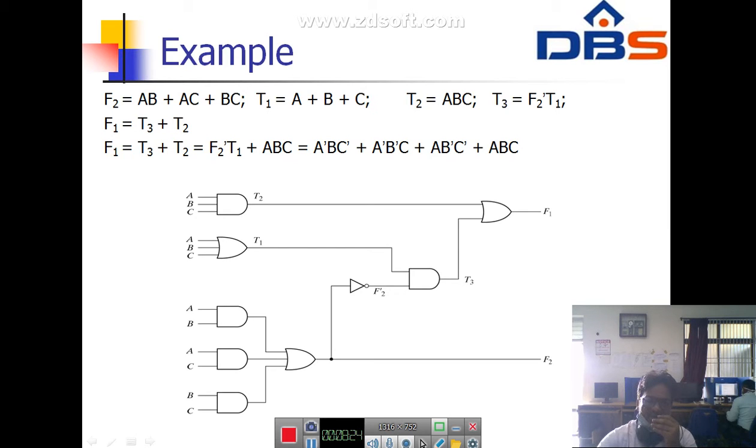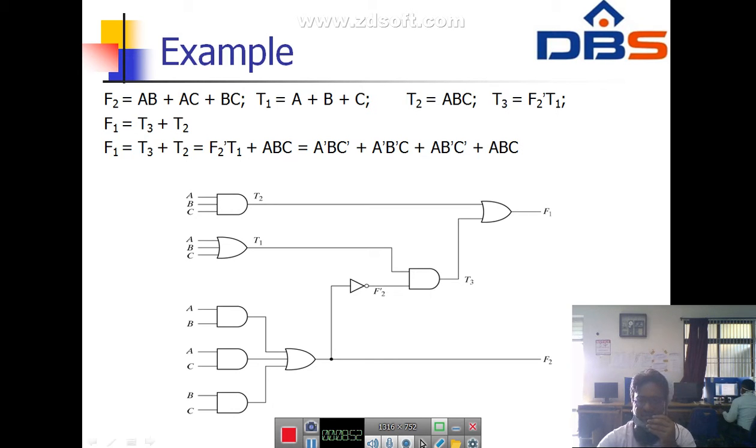The AND gate output will be high only when all the inputs are high. If you have 4 inputs or 3 inputs, if all are ones, then we will get the AND gate output as one. So we fulfill the T1 function and T2 function with a 3-input OR gate and a 3-input AND gate.